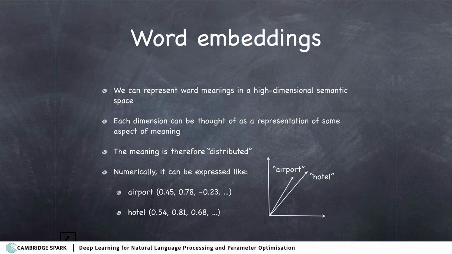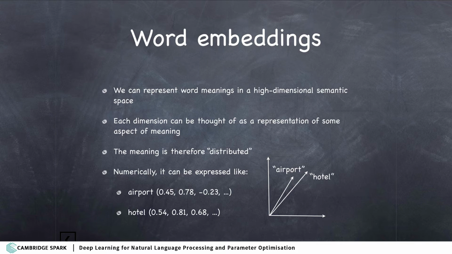So for example, as we said, our goal is to represent words with similar meaning with some similar representations. That means that we want to represent the words that share meaning somewhere close to each other in this semantic space. So many of the dimensions of these multidimensional representations should share similar values for similar words. If, for example, we say that airport and hotel from our previous example are similar to each other, they're going to be close to each other along the dimension that, say, represents buildings.